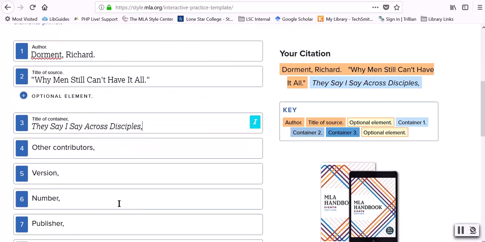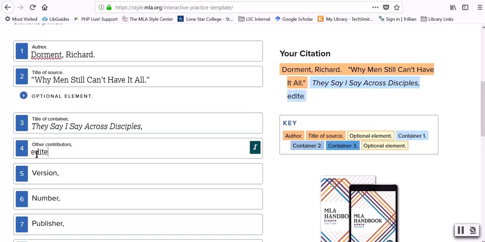The next element, other contributors. Many times you may not have other contributors, but when you do, it would be the fourth element. And this particular information source is edited by Gerald Graff and Kathy Birkenstein. Okay, so edited, I'm going to type that, by Gerald, and it's first name first, last name last with the editor, and Kathy